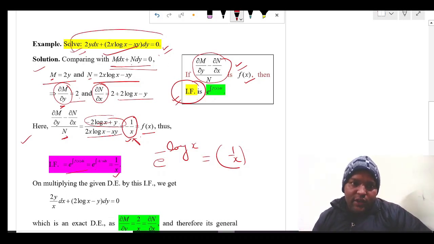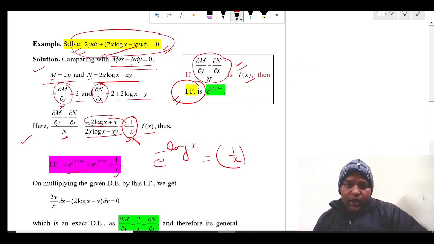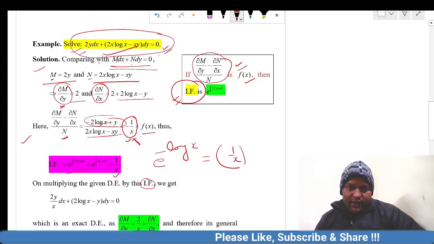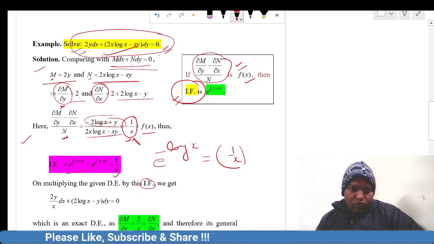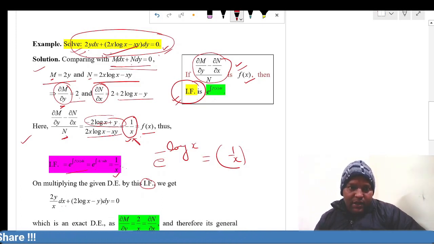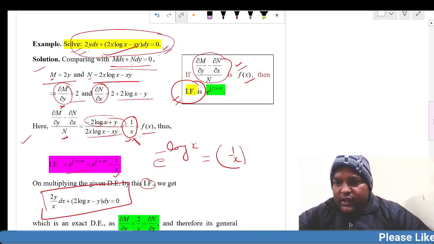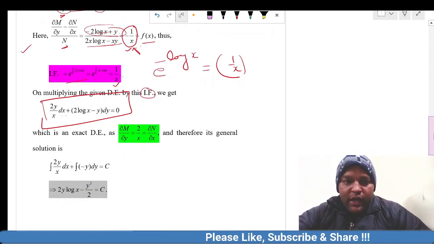So 1 over x behaves as an integrating factor for this differential equation, which means that if we multiply this differential equation, which is initially in non-exact form, with this integrating factor, that is 1 over x, the resulting equation is 2y by x dx plus 2 log x minus y dy is equal to 0, which will surely be in the form of an exact differential equation, and this can be verified